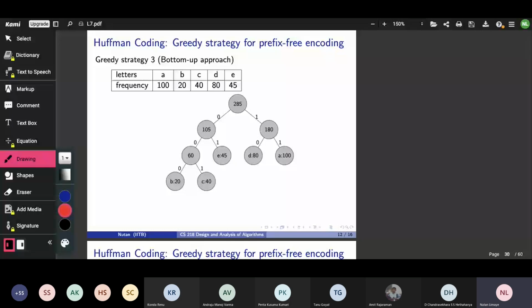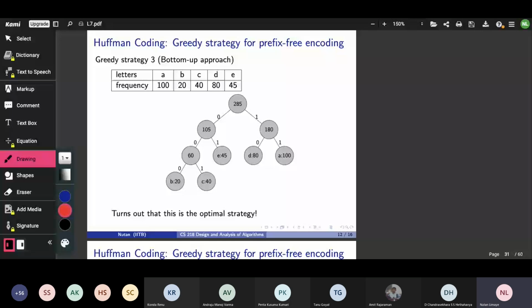Okay, good, fantastic. I think there are not too many questions. So that's the bottom-up strategy. Let me write it a little more carefully, but as I said, spoiler alert, this is indeed one of the optimal strategies to come up with Huffman coding.